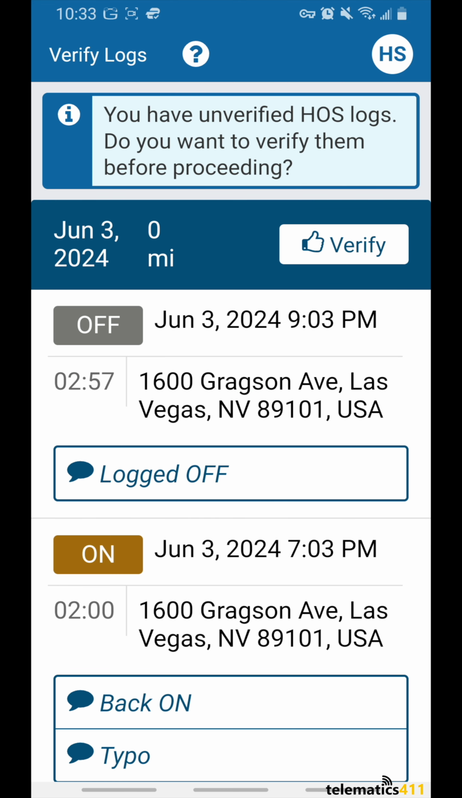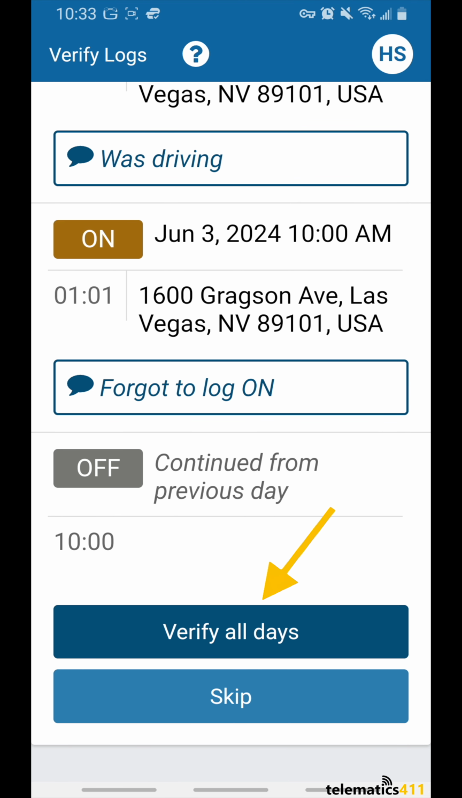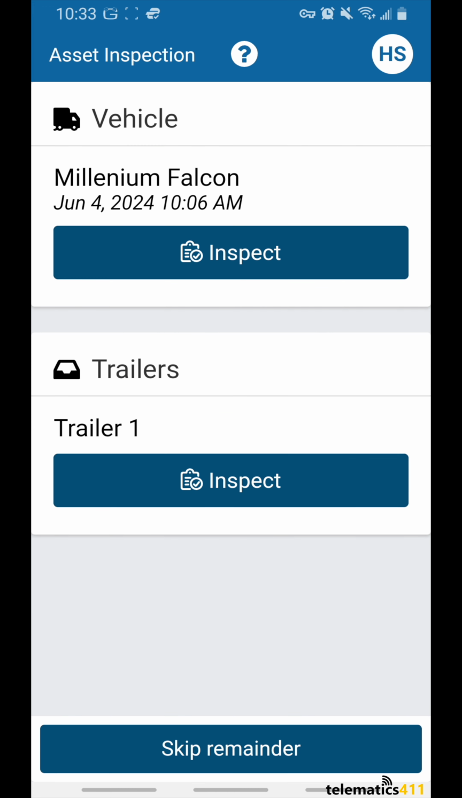This page is just telling us that we've got logs that need to be verified. We can do this here by clicking the Verify button, but I'm going to skip this for now because I want to show you how to verify logs from the main part of the app later. Now we're being prompted to do a vehicle inspection. The method for inspecting a vehicle and a trailer is the same, so we'll just do a quick vehicle inspection